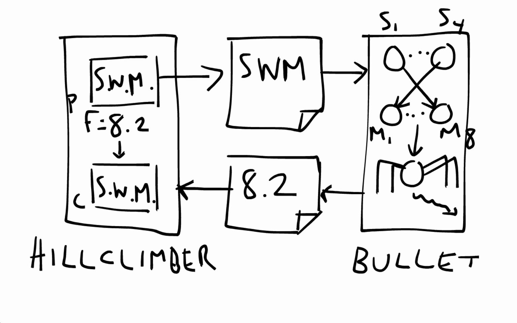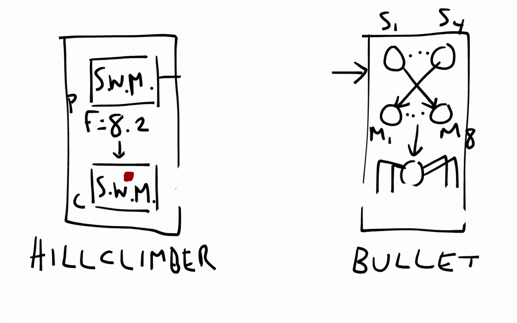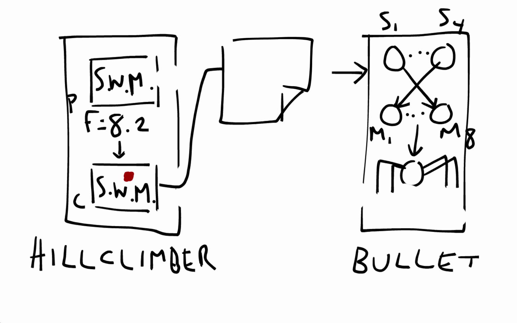Remember now that the hillclimber creates a child, which is a new synaptic weight matrix. This is the child. And when we copy the parent into the child, we introduce some random mutation. And now we're going to write out this new synaptic weight matrix to a text file. I'll just indicate it with a prime to indicate it's slightly different from the original synaptic weight matrix, which now creates a slightly different neural network in our Bullet simulation,